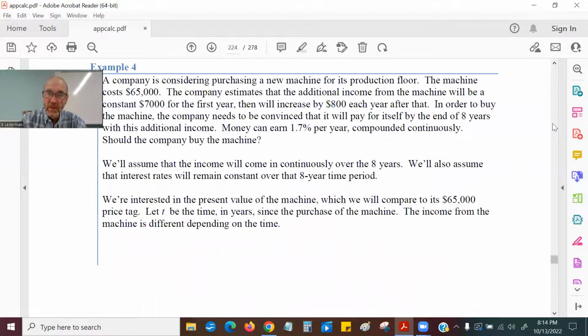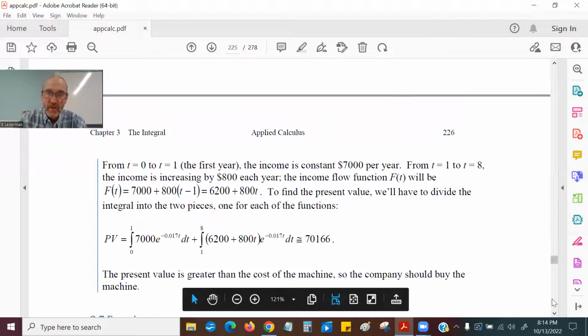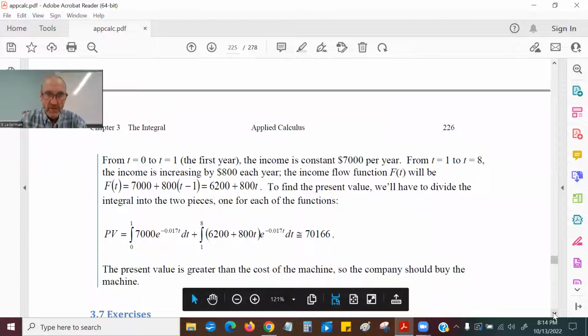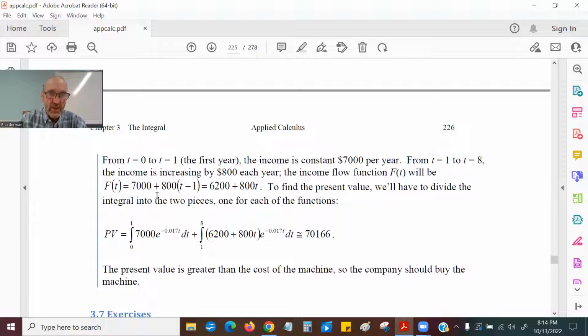That came from the interest rate, which they told us was 1.7% per year, and we're writing it as a decimal. And we make it negative also. So then we have to add on the integral of f of t, which is 6,200 plus 800t,